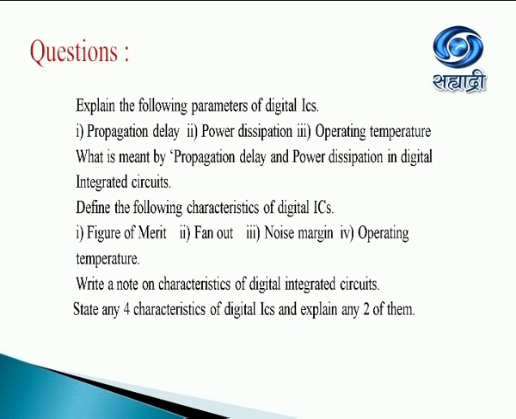What is meant by propagation delay and power dissipation in digital circuits? This is another type of question. That means they consider only 2 characteristics and you have to write. Normally, if the question is asked like this, 2 characteristics for which you can write more points are selected. Okay, so here propagation delay time, when you want to explain, again entire things related to propagation delay time, about 1 page you will get, and that you have to write. And for power dissipation also, as we have discussed, power is required, then what is current, what is voltage, average current and all that you have to mention.